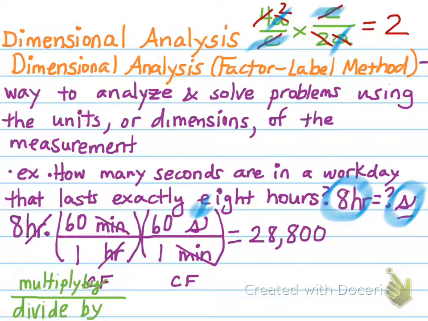28,800. Now, again, it's science class, chemistry, so we have to have a unit on this, so I have to say that it's seconds. Okay? Now, again, it's fine if you want to write this in scientific notation, 2.88 times 10 to the 4th. It does not matter to me whether you put it in scientific notation or not. I will never count it wrong or right based on whether you put it in scientific notation